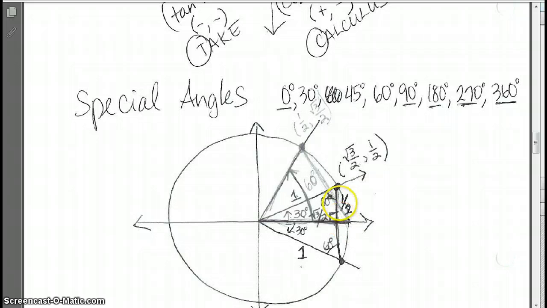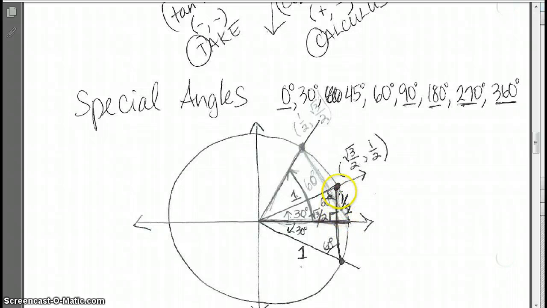If you take a look at this really quick one here, what I've done is I've created an equilateral triangle. And in geometry, that means that all of my angles are equal. So all of these angles are 60 degrees. And the radius is 1 because I'm on the unit circle. If it's an equilateral triangle, then we know that if all three angles are equal, then all three sides have the same length. So I use the x-axis as a bisector to create this 30-degree angle, and this